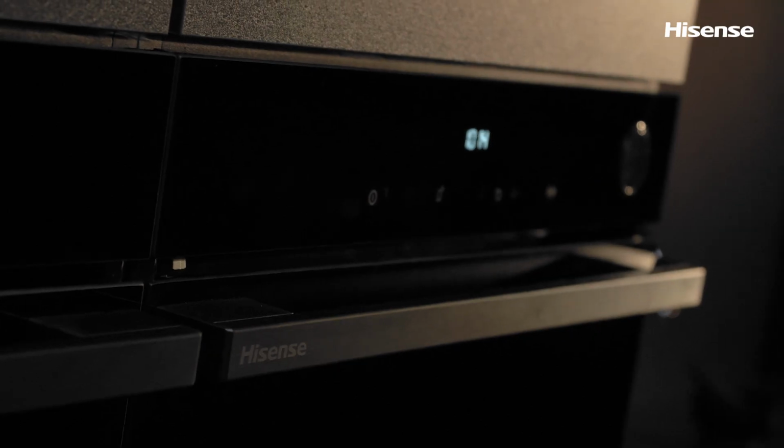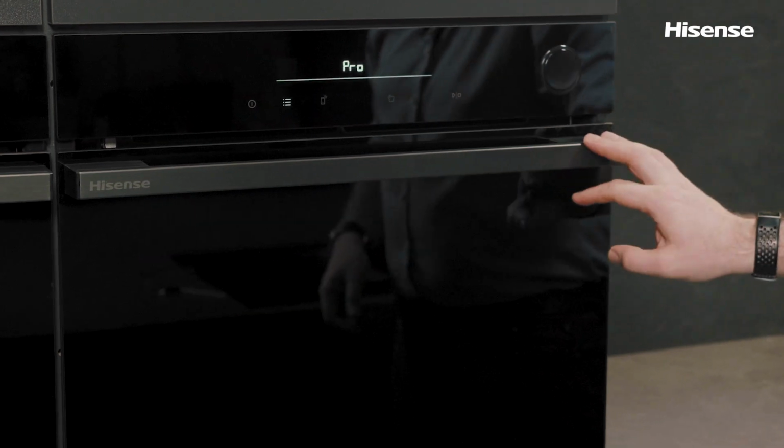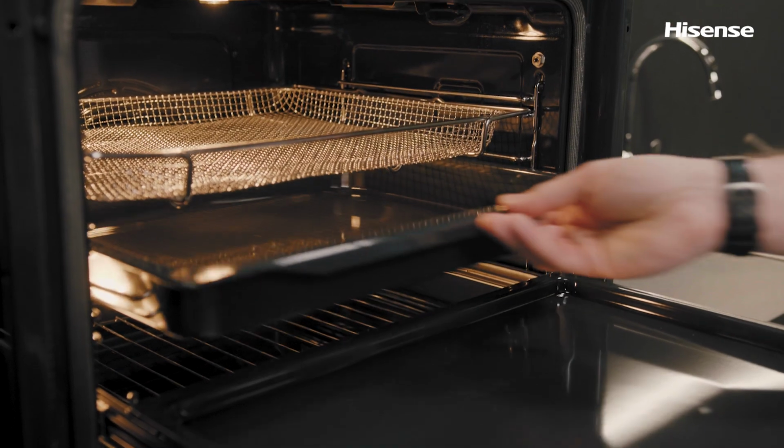Thanks to the seamless design, this oven is a perfect addition to any home. With its all-black glass appearance, full touch control operations, and overall premium look and feel, this oven is guaranteed to turn an eye. Because of its supersized cavity and special air circulation, you can bake on 5 different levels simultaneously